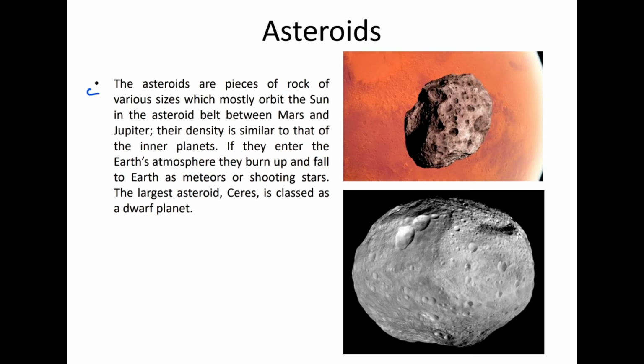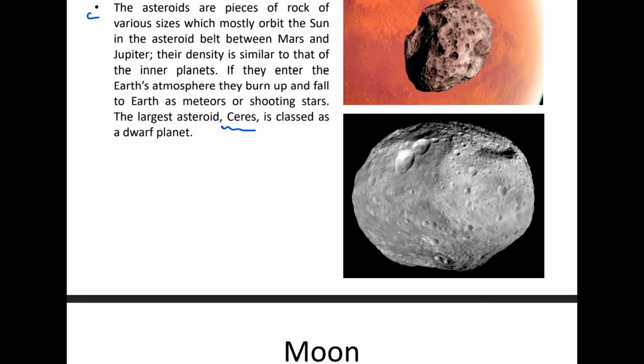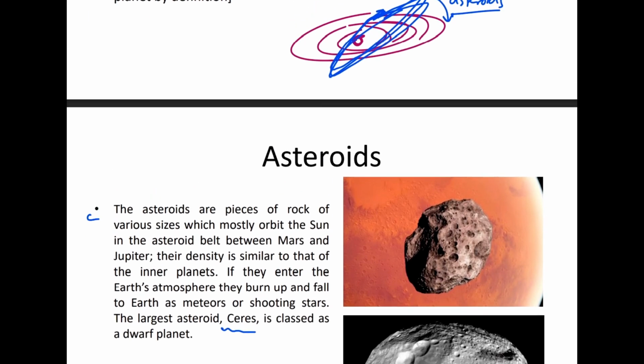Extra information won't be required, of course, that one of the names of the asteroids is this, and this is what we will call them. This is what we don't call them. So that's not required. But we do need to know what is the difference between an asteroid and, of course,